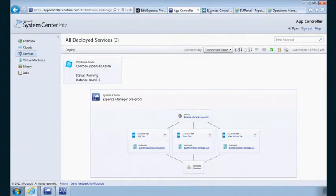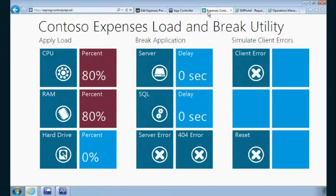But we can see, if I go over to my expense control dashboard, we've been user acceptance testing it, but now we have to hammer the system. We need to make sure it can scale. Remember that elasticity we talked about before as one of those key attributes? So I'm going to ramp up the RAM and the CPU. And what's going to happen in the background is these tools are going to kick in and start to stress